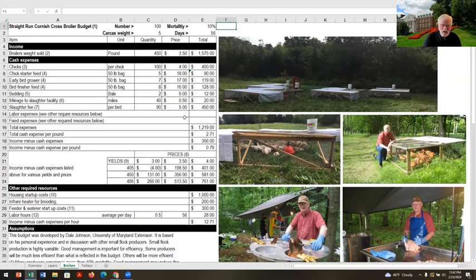So I've got my total expenses here and my expense per pound. Again, we're not going to go into detail over these like we did with the layer budget. Look at this: income minus my cash expenses, $356. That's not very much money, but it is only for 8 weeks. I'm making that much money in 8 weeks. And if I'm going to have 4 or 5 flocks, you need to multiply that by 4 or 5 during the year. Did you see how much I'm going to make in 1 year?